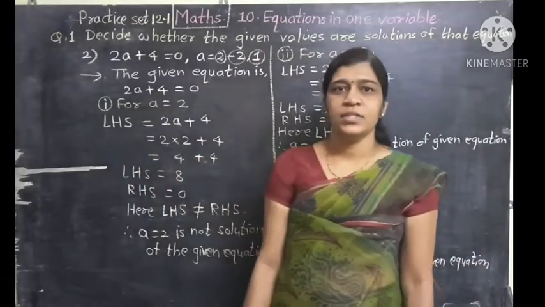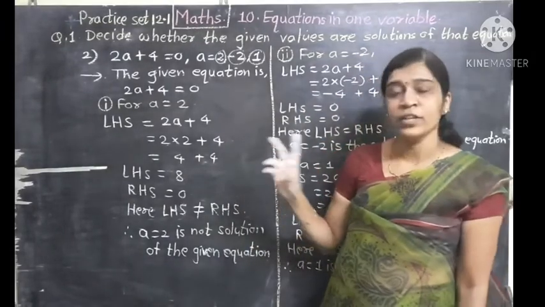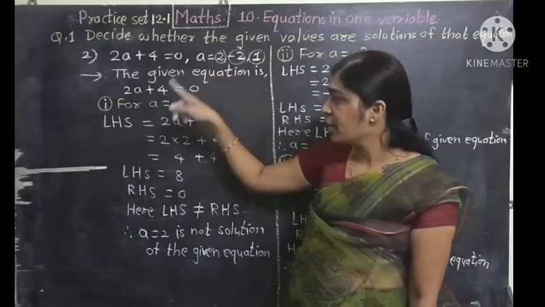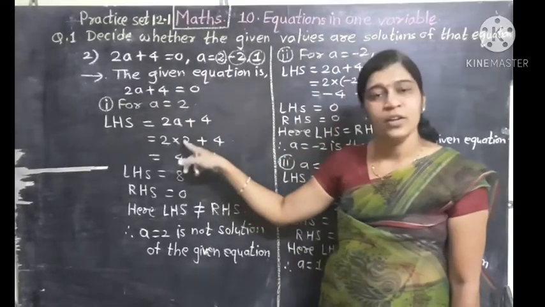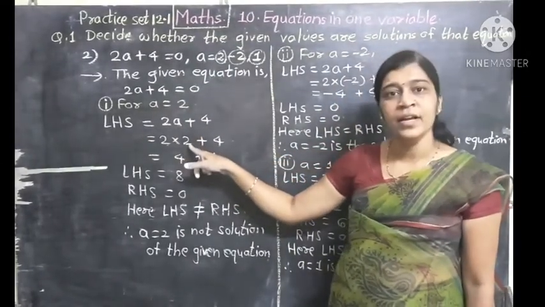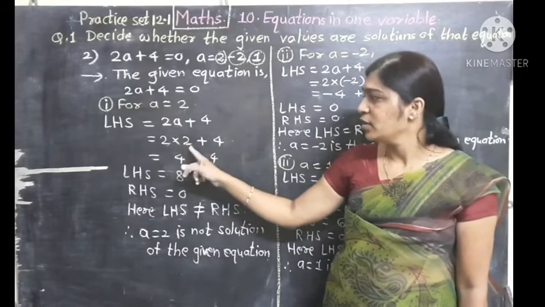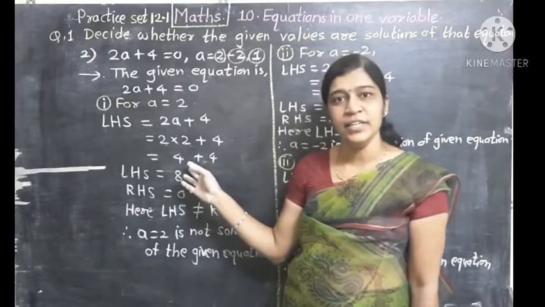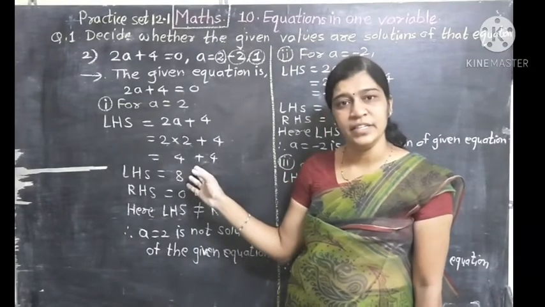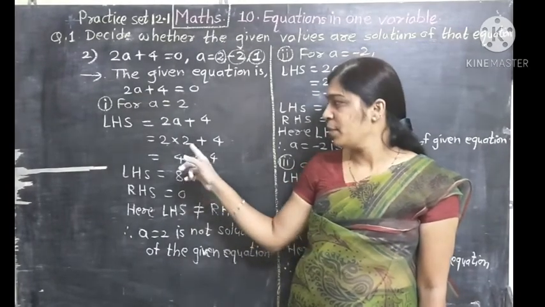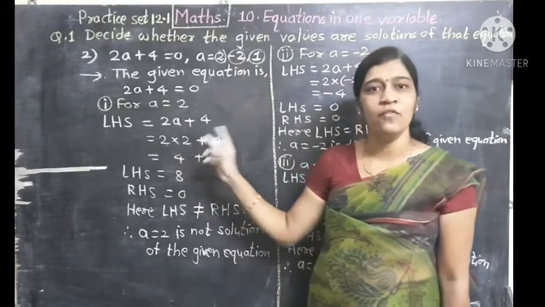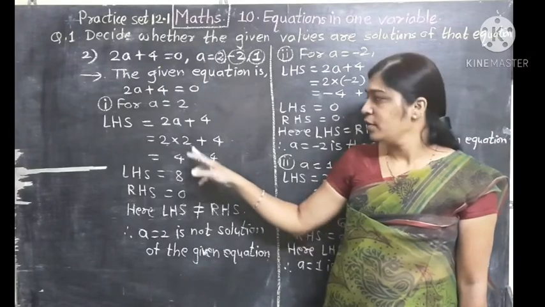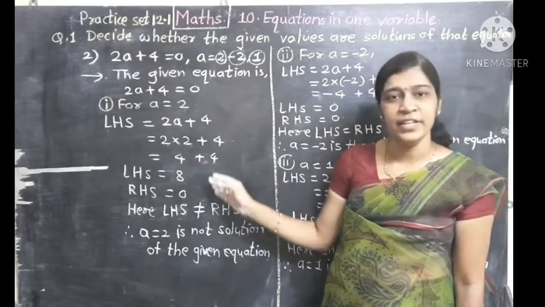So students, one of the important things here is you write the values of the variable correctly. You write the value of the variable correctly and you can solve this very easily. But here you must remember the signs and the value of the variable, and only then do the calculation. So it is very simple.